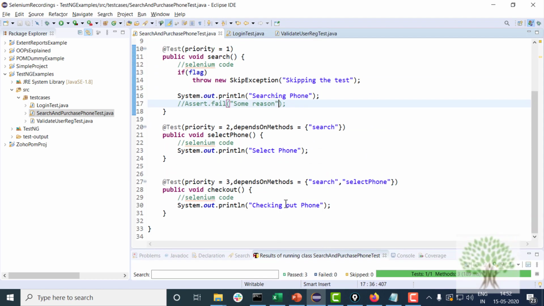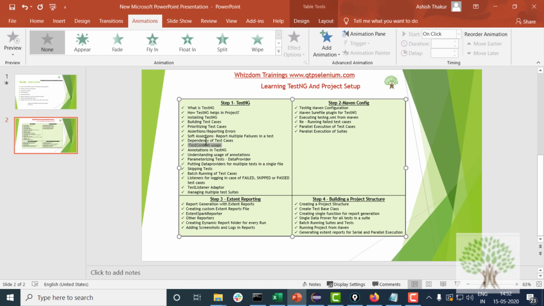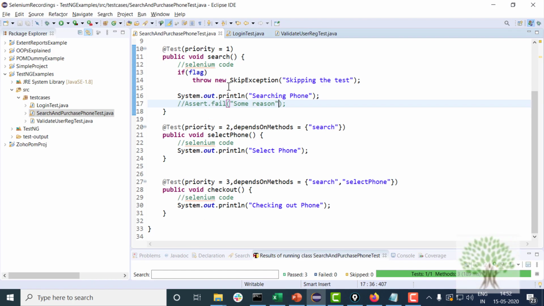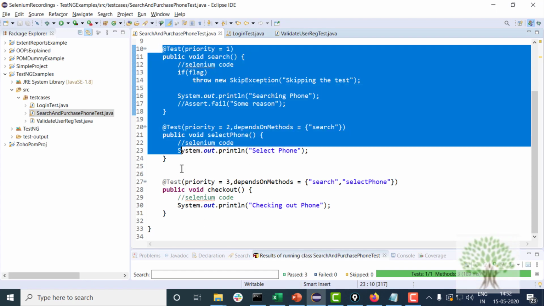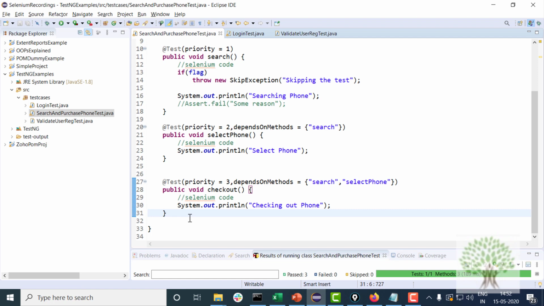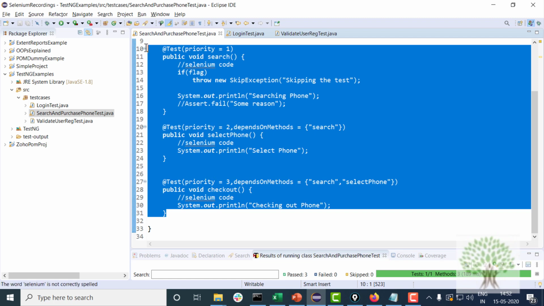Now there is an interface known as ITestContext. This interface is there in TestNG, which helps you to share the data within test cases in a single Java file. Suppose the outcome of this test gives you some number which you have to use in the other test case. These 3 tests are dependent on each other.